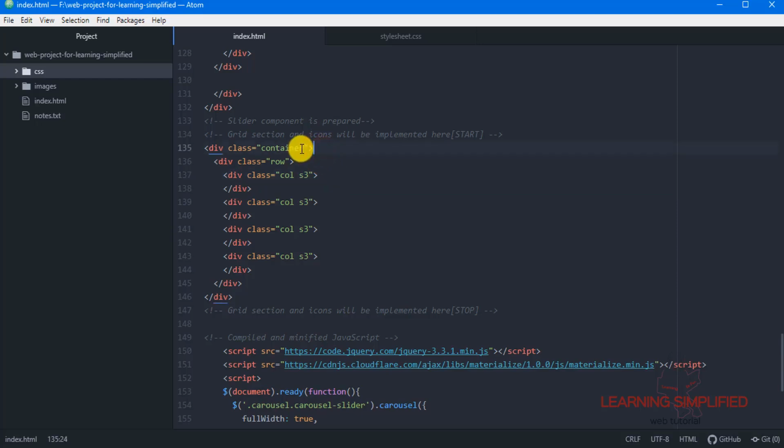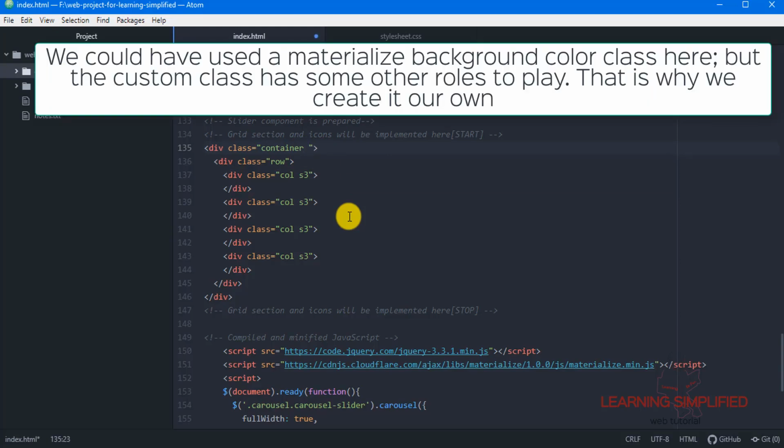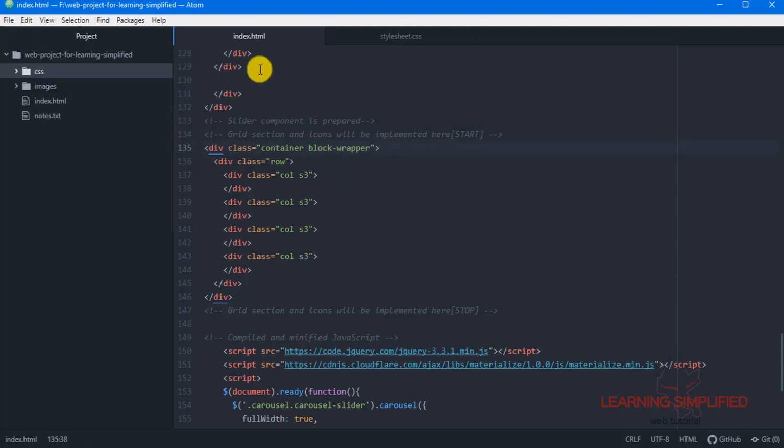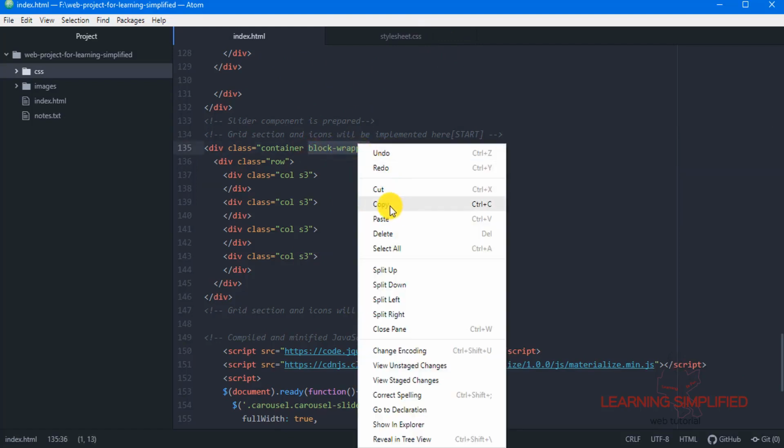So the first thing that we are going to do, we will be creating another class over here, which is known as block wrapper. This is the second one. Now if we just copy this thing, we have to customize this one.